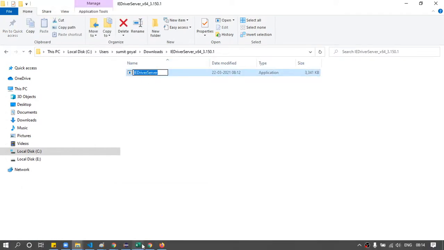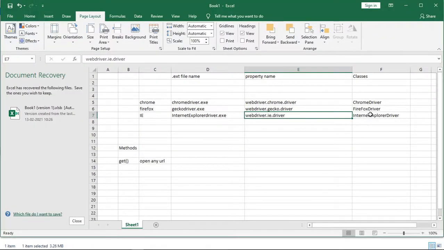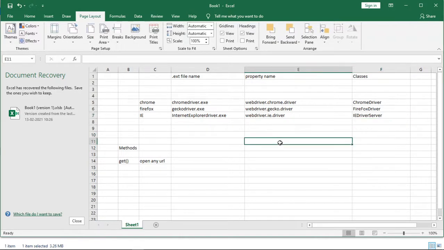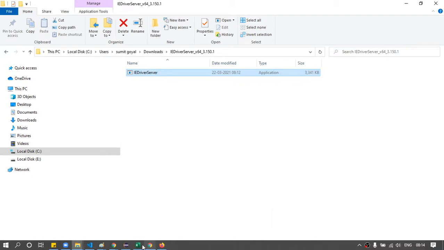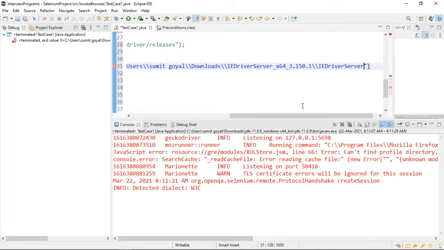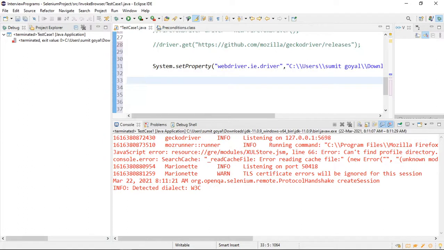Here it should be server as well. So any name, right? Add driver server. So this is the file they have given, and here I will write .exe so that it will invoke this .exe file, and after that I will create the